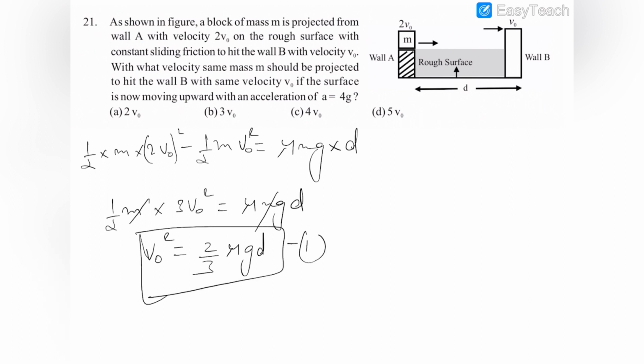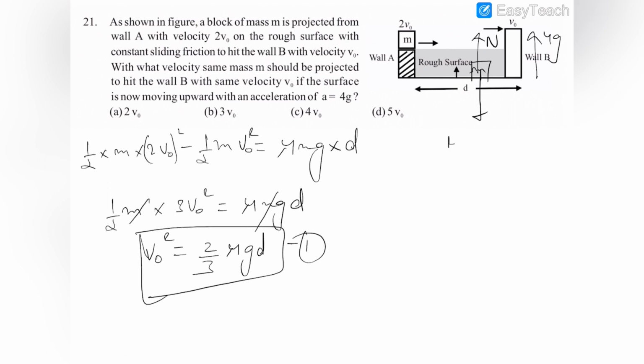First equation. Now in the second part it is given that with what velocity the same mass should be projected so that it hits the wall B with the same velocity, if the surface is now moving upward with an acceleration of 4g. So if the surface is moving upward with the acceleration of 4g, then we can say that the normal reaction